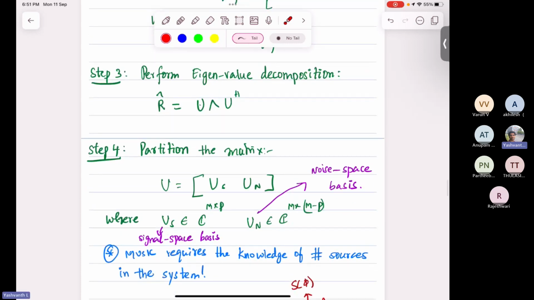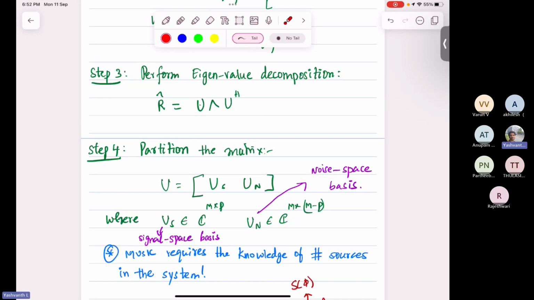Now, this U, what is the size of U? It's M by M. This is also M by M, and this is also M by M. So U is an M by M matrix. Take the first P columns of the matrix U and call it US. So US is an M by P matrix. Take the remaining columns, that is M minus P columns, as a matrix UN. Now you can show that this particular US will span the signal space and this UN will span the noise space. Okay, but the signal space is the same as